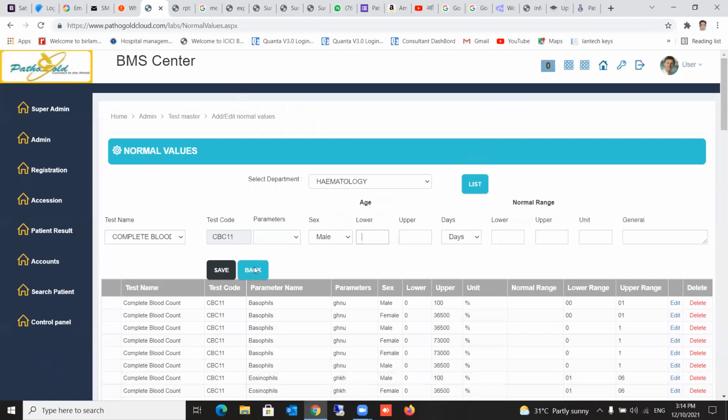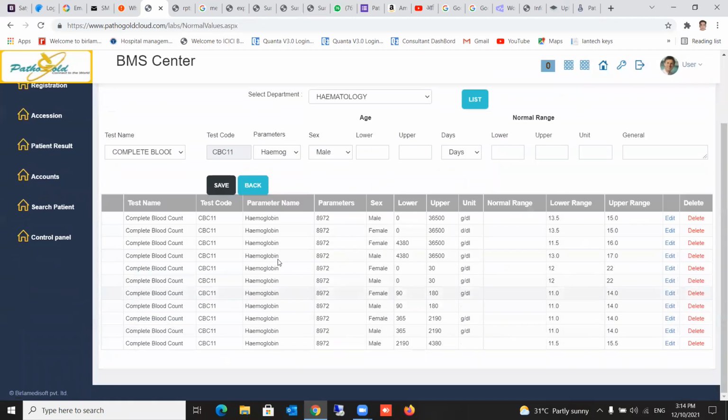Now if you want to see one parameter, you just go to the parameter called hemoglobin. If you see hemoglobin, so many normal values are entered. These normal values are entered like this: male 0 to 36500. You can have multiple normal values. It's not necessary that you will have only one normal value like male, female. But in this software, you can define a normal value age-wise and male, female, and all these things